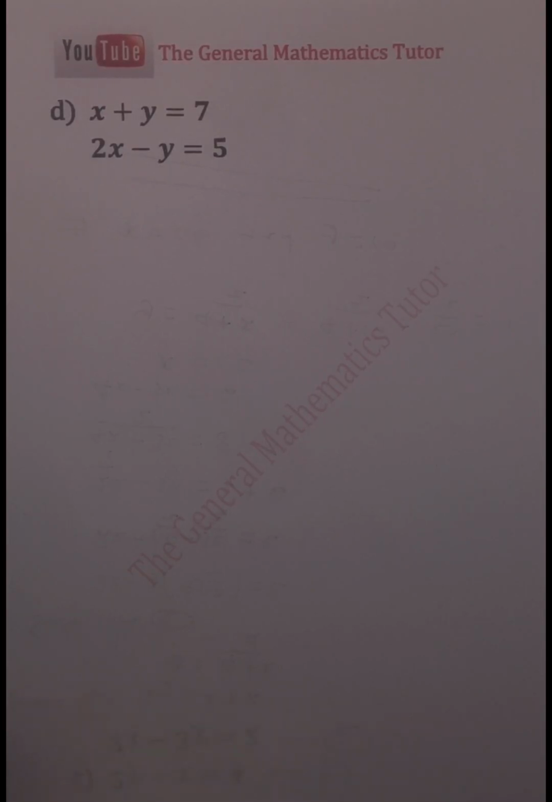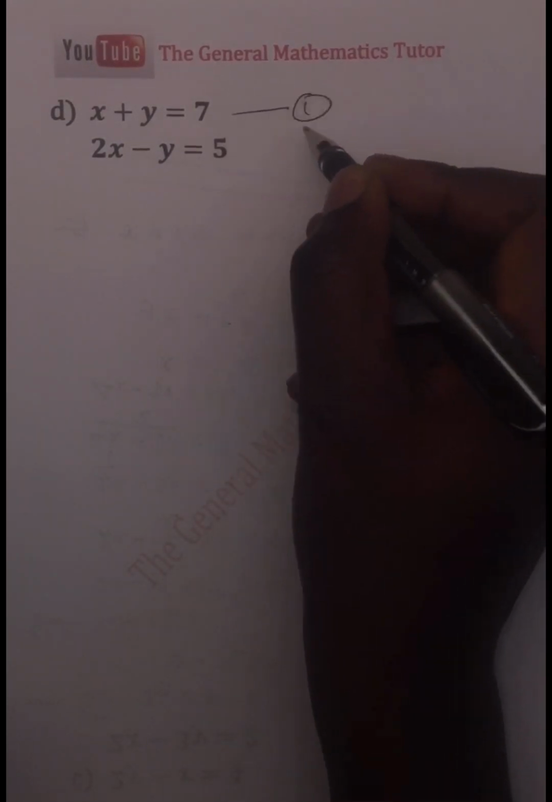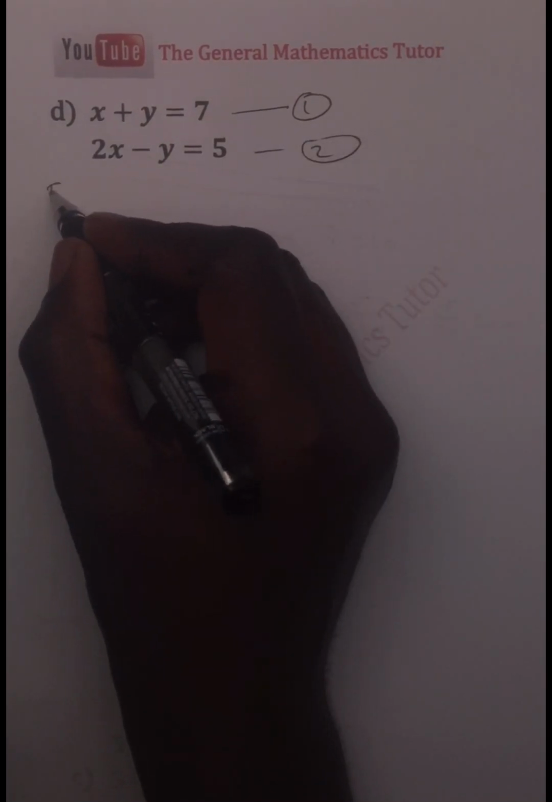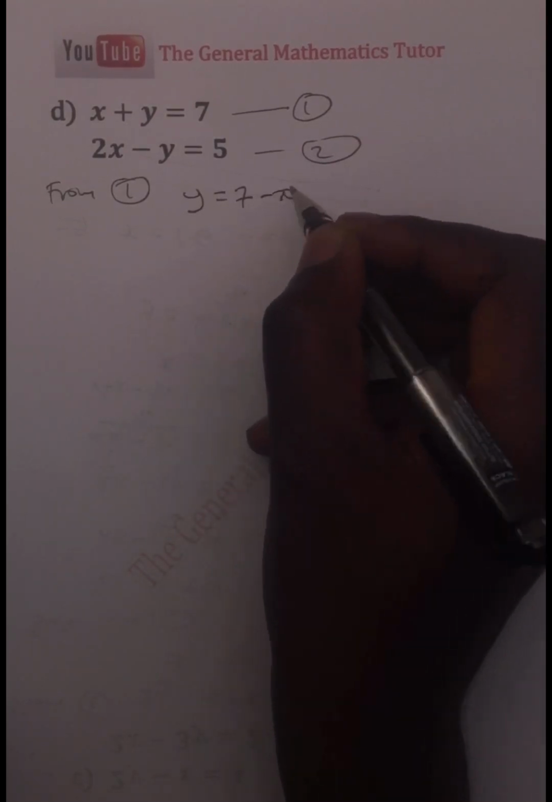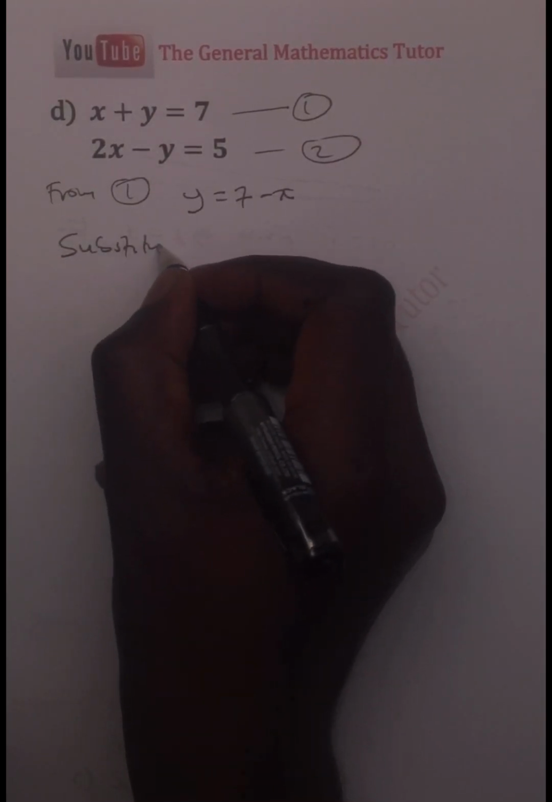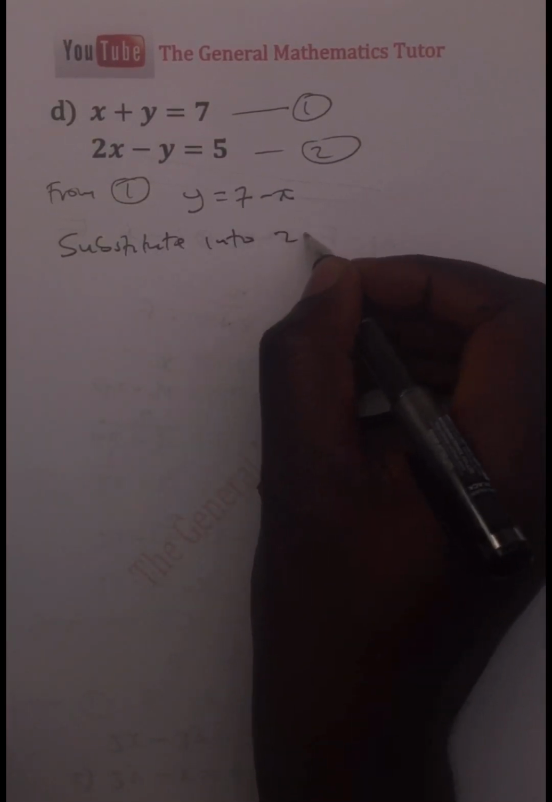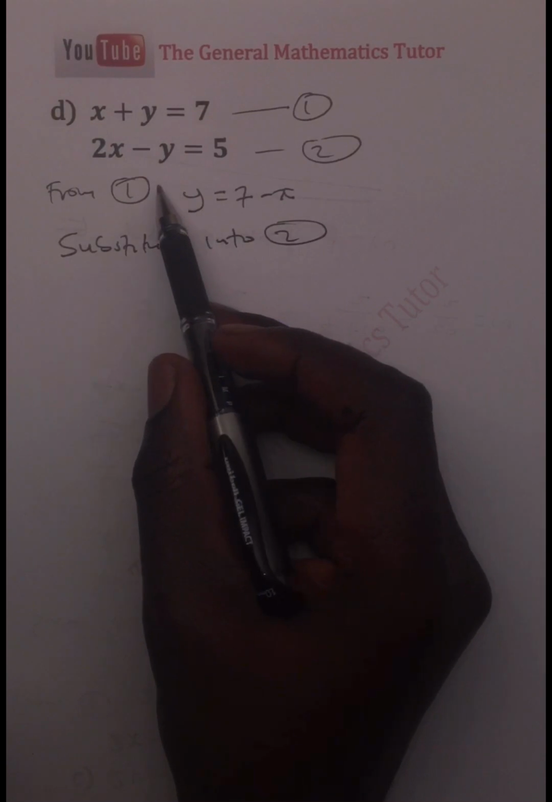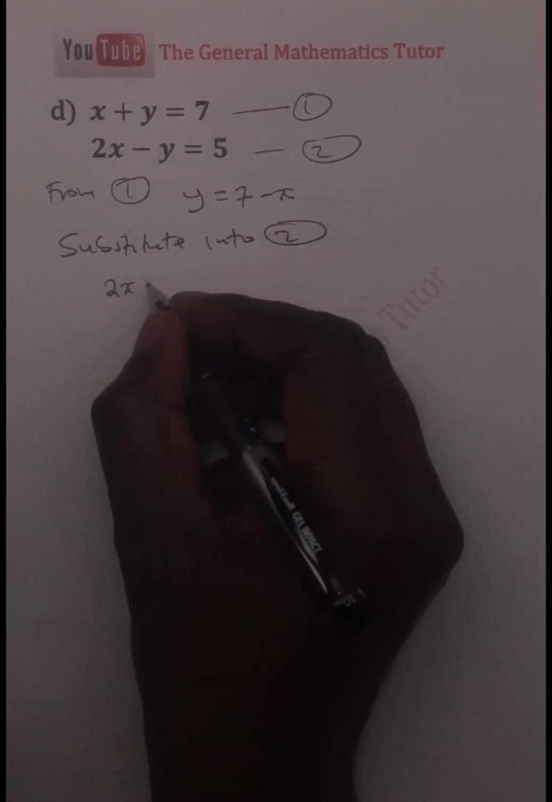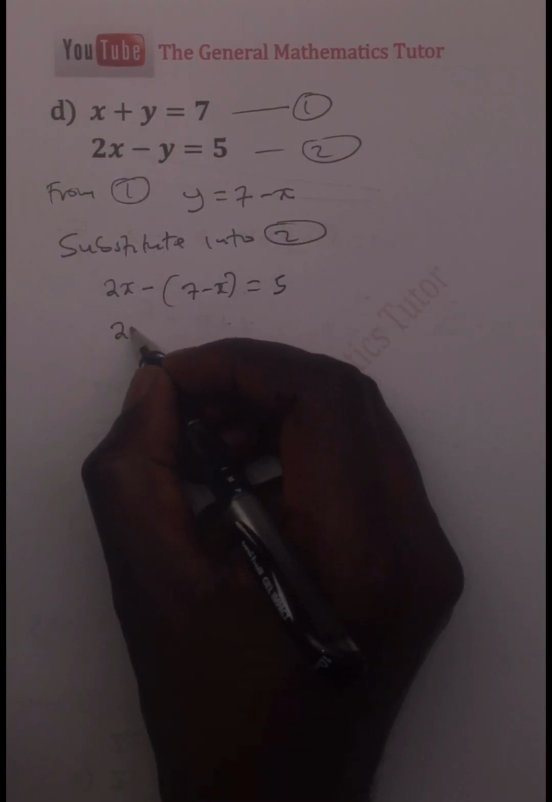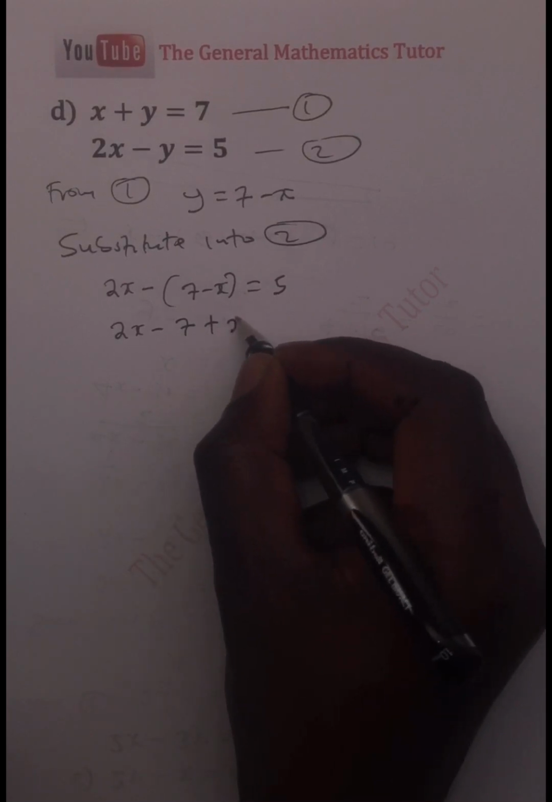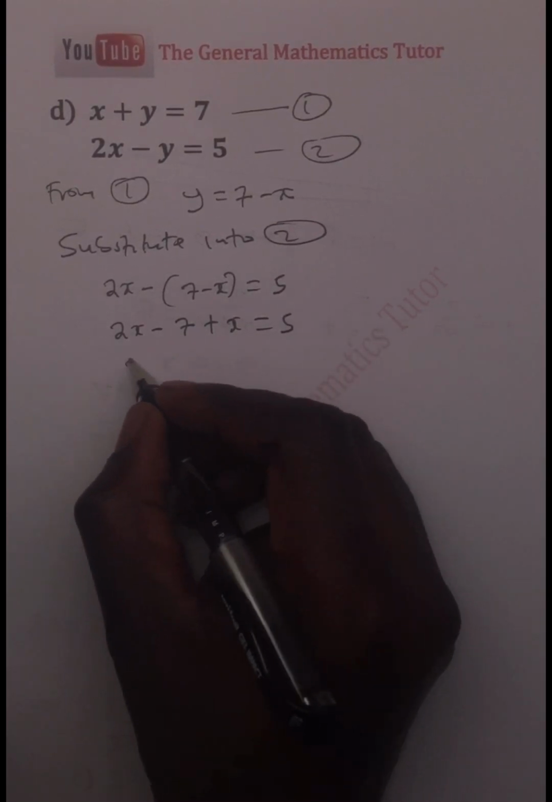Part D, x plus y is equal to 7 and 2x minus y is equal to 5. So you can label them as equation 1 and equation 2. Then we say that from equation 1 we can have that y is equal to 7 minus x. Then you can now substitute into equation 2. So whatever there is y, we put 7 minus x. So we have 2x minus y, that is minus (7 minus x), is equal to 5. So we open up the bracket, and then we collect the like terms,